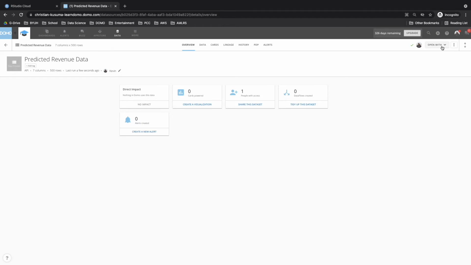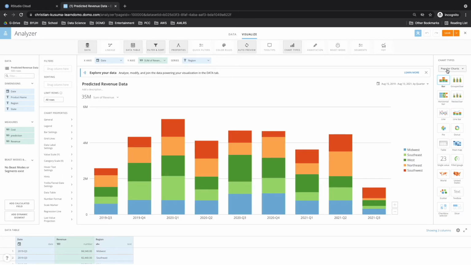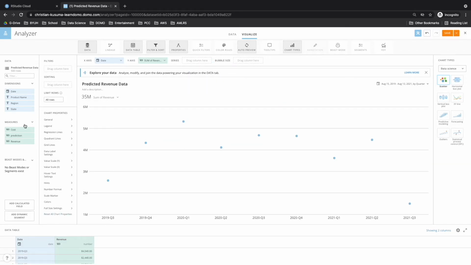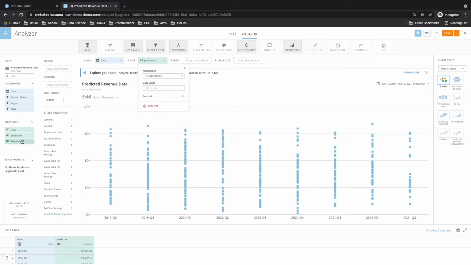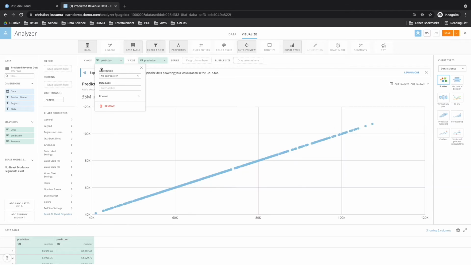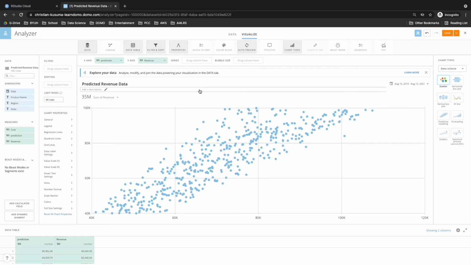I'm going to open Analyzer, and then go to popular charts, data science, scatter. Here I don't want the region. I want the predictions on the x-axis, and I want the revenue on the y-axis. It looks like this. I'm going to save it, actually no, summary number, and then